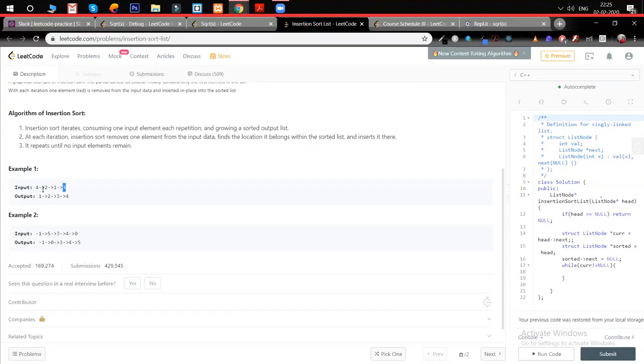Any other approaches, anyone would like to suggest? From this question, I can guess we can form two different questions. One is insertion sort in a linked list, and the other can be insertion in a sorted array. We are also inserting a node in a sorted array. I also encountered some questions in interviews like how you can insert a node or a value in a sorted array. So there can be two questions from this particular problem only.